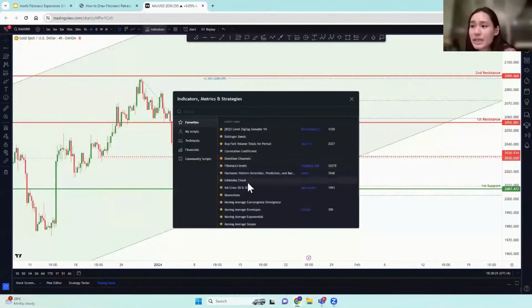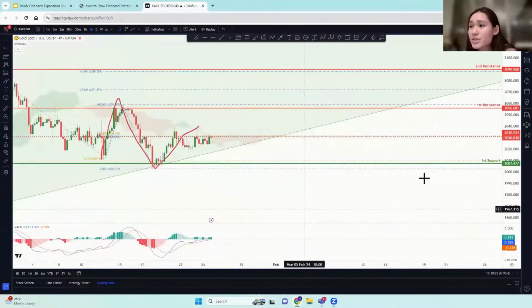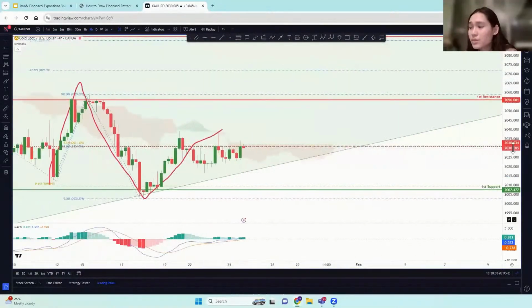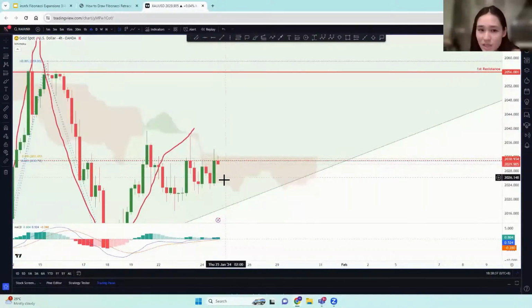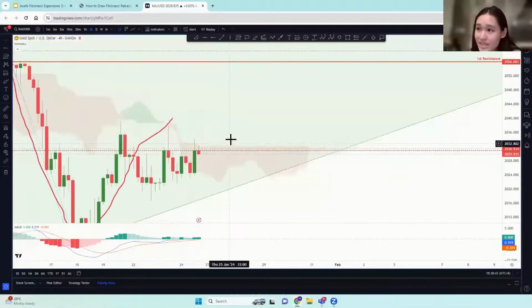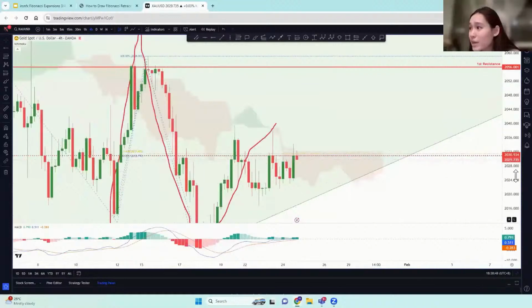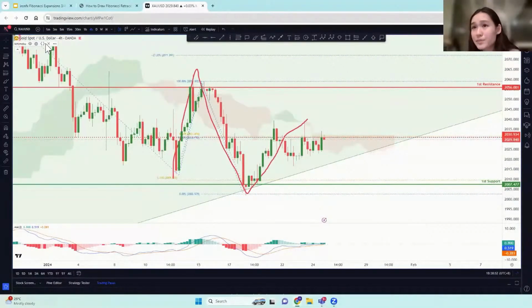Now let's pull out some indicators to support our analysis. So on our Ichimoku, looks like price is moving within the cloud. So if it moves within the cloud, it doesn't really tell us much. Although it does look like it's exiting out of it if you look at the wick of the candlestick. But before that happens, we can't be too sure. So I'm going to remove that.